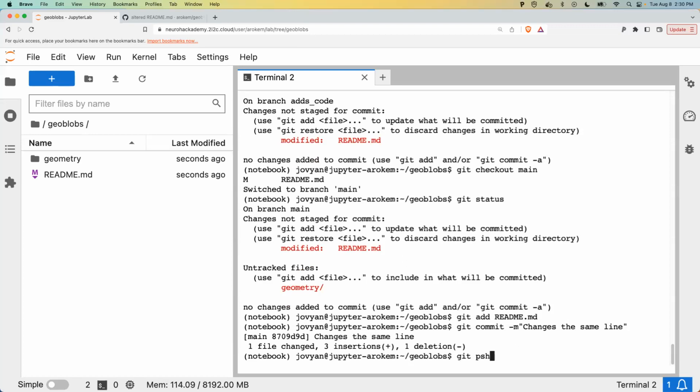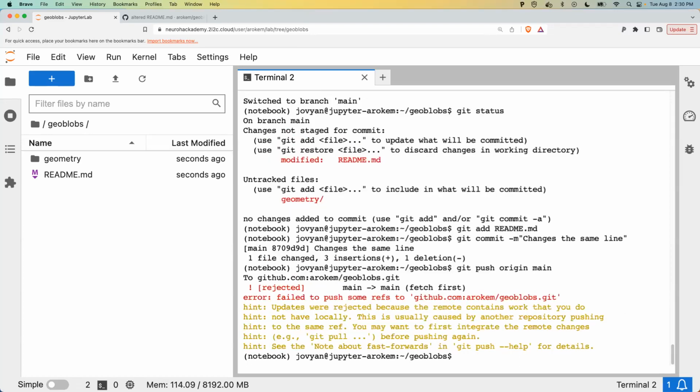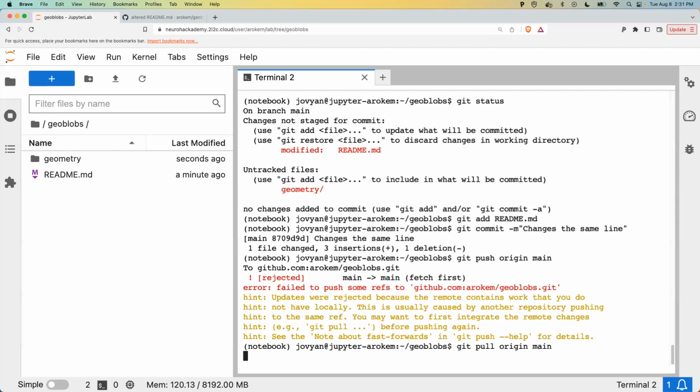Now, when I try to push that, it will send this ominous message, which is to say, the remote contains work that you do not have locally. So you'll often see this kind of message that means that the branch that you're working with on the remote has changed while you were working. Usually the solution to that is to first issue a git pull origin main, which would then pull in the changes and merge them into your